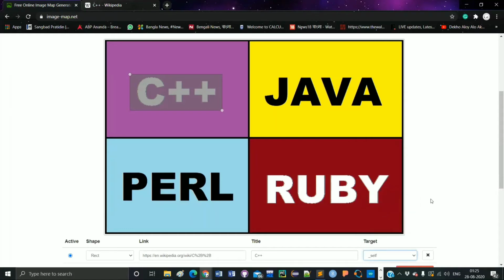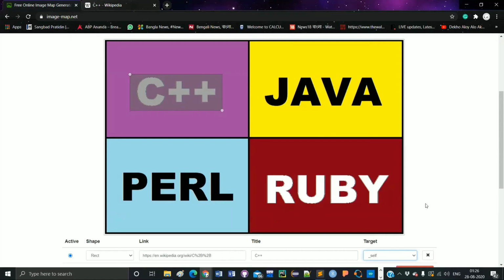So I think now your concept is clear about what is area tag and what are the attributes that are used with area tag. So you can set the target where your web page is going to be reloaded, and you can hyperlink any region and any shape you can give, that is circular region, rectangular region, or a polygonal region.